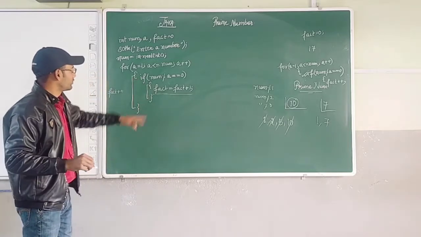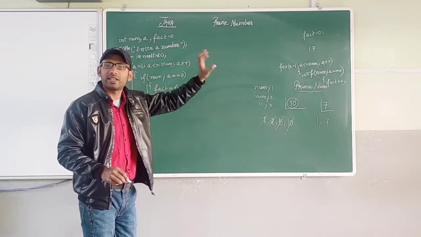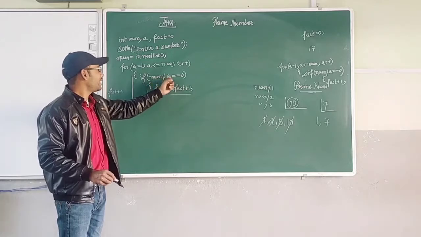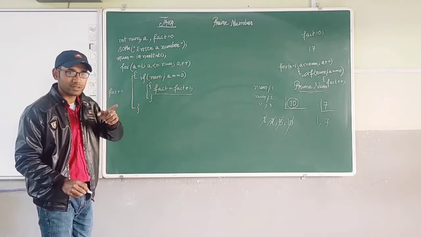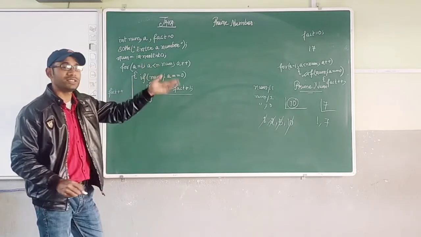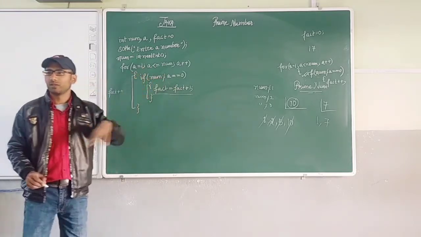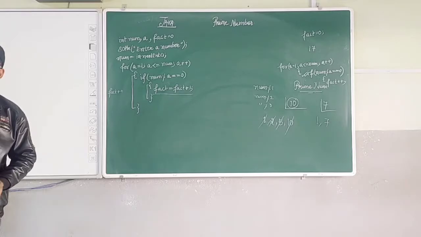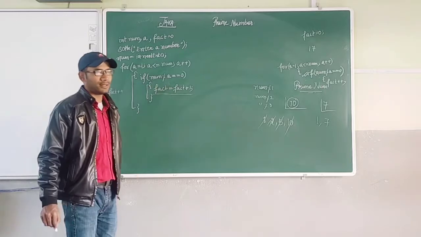Now that means 17. We are assuming that user gave 17 as the input. Now on dividing by a, the remainder will come whatever it is. How many times? 17 times, because the value of a will keep on changing. At first num will be divided by 1, then by 2, then with 3, then with 4, and so on until 16, and at the end it will be divided by 17. So how many times will this condition satisfy?